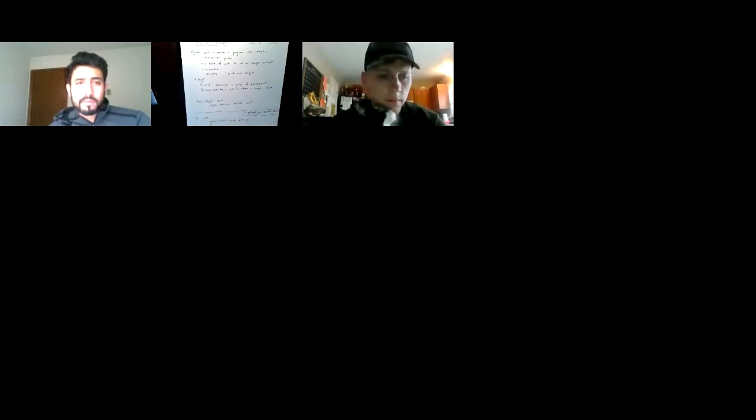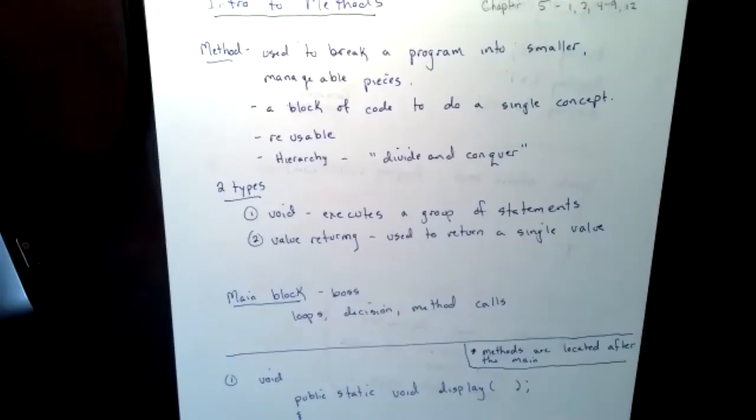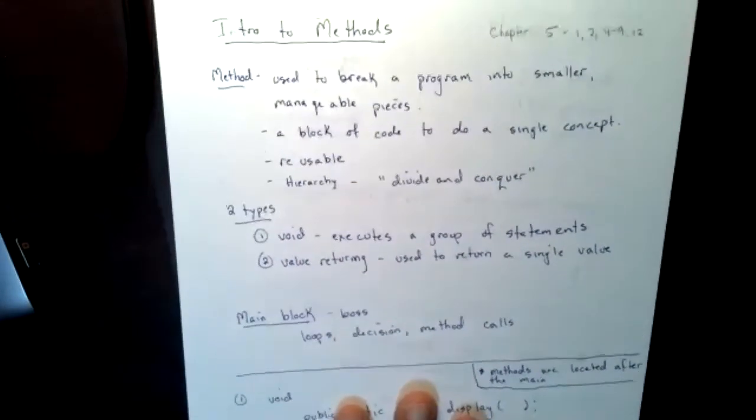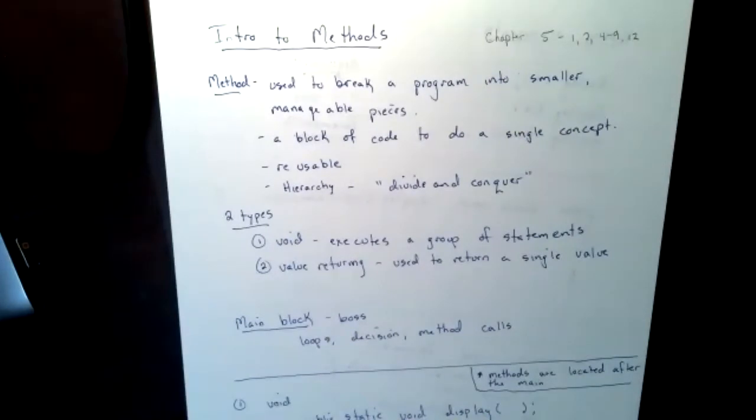Chapter 5. Chapter 5 is something called methods. Okay? Methods. And we're going to take a look at a little introduction to methods. If you did the code listings, I'm thinking that you're going to have a pretty good idea of what a method is. Now, for a method, what we're going to do is say, all right, I have this big program